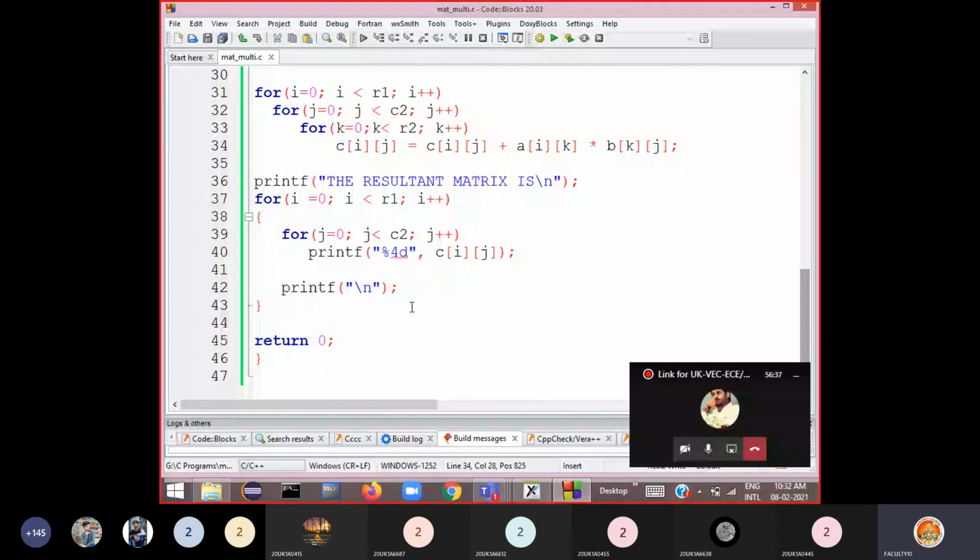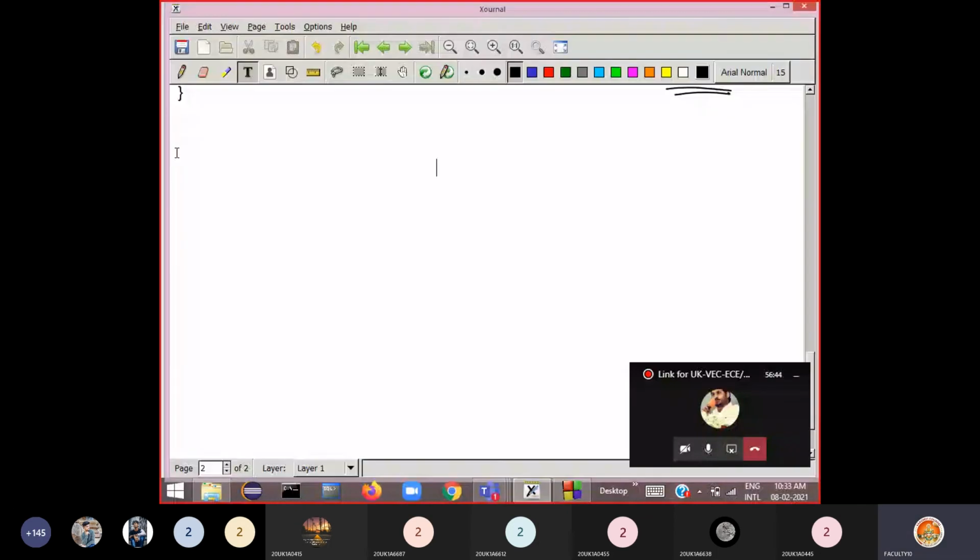Okay, then another important application of two-dimensional array is transpose of a matrix. Transpose of a matrix. Okay, so if you have a matrix, I'll take an example for this. How transpose of matrix is calculated mathematically, you know this. Okay, so for example, if I have a two-dimensional matrix like this, what I do is I take 3 by 2 matrix here.